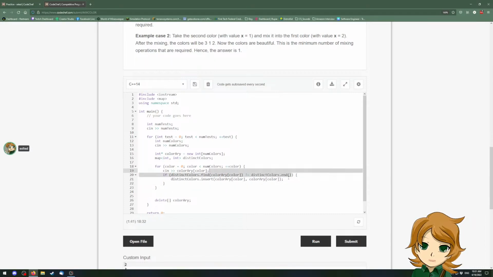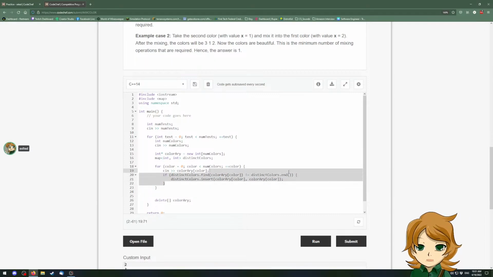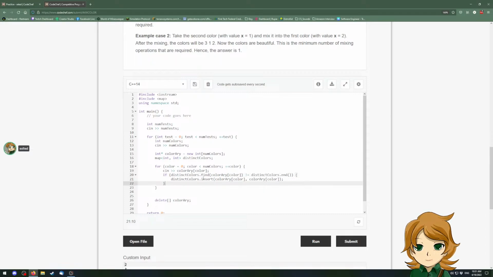So this logic here is pretty much saying if our map doesn't contain the color, then we do this. And otherwise,